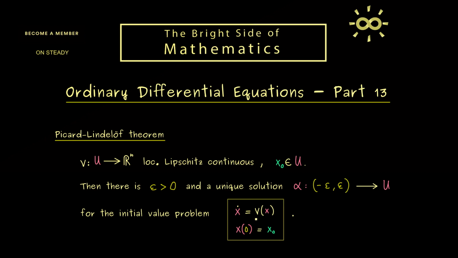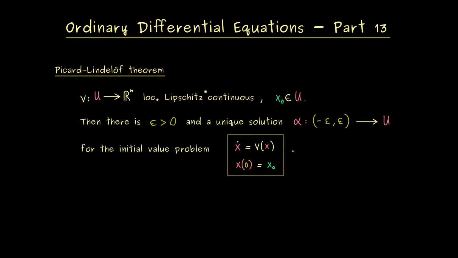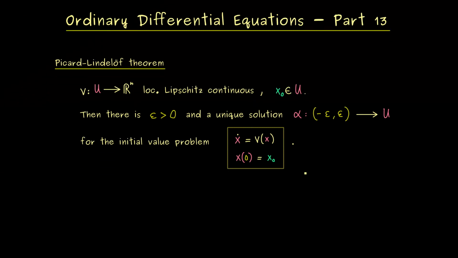And in fact, we already knew before that a locally Lipschitz continuous function gives rise to unique solutions. And I should also tell you here that we get the existence of solutions also under weaker assumptions. However, this is not so important right now because this description of Picard-Lindelöf is sufficient for our context. Also, it has the advantage that we can use the Banach fixed point theorem to find a solution. This means the iteration formula we stated in the Banach fixed point theorem can be used to approximate this solution